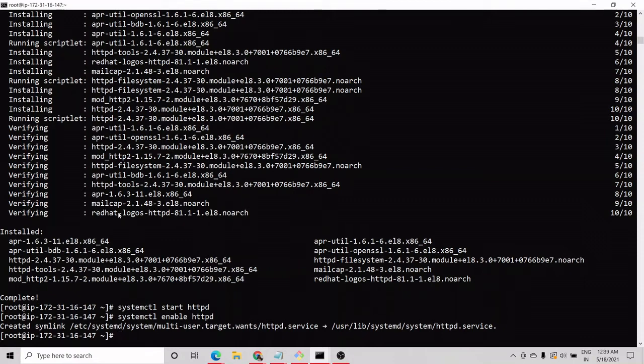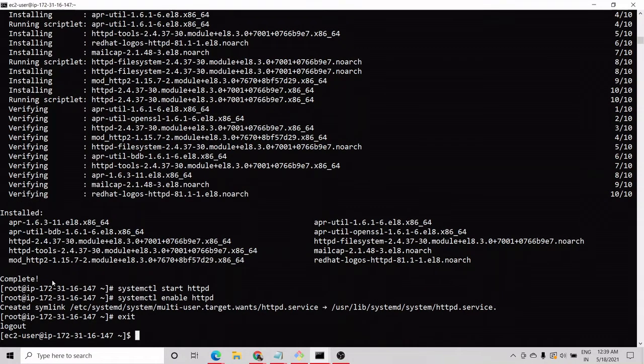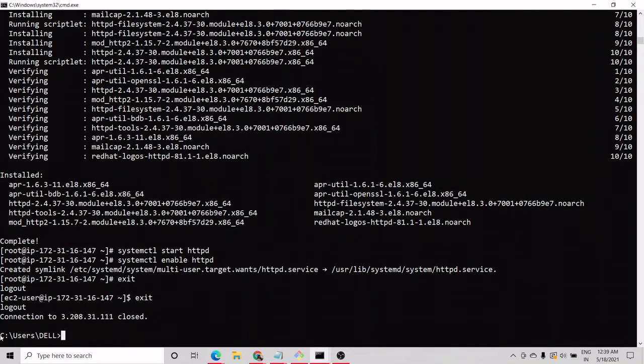So first we will attach the volume to this instance, and on that volume we will create our web page. Fine. So we will exit from here. We exited. Now again we'll exit from EC2 also. Yeah. So again we came into our Windows. From here we will create the EBS volume.